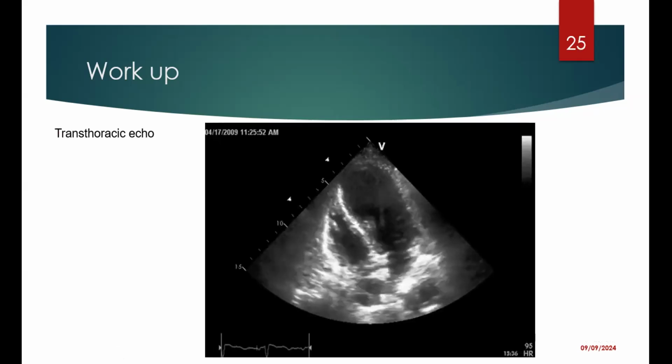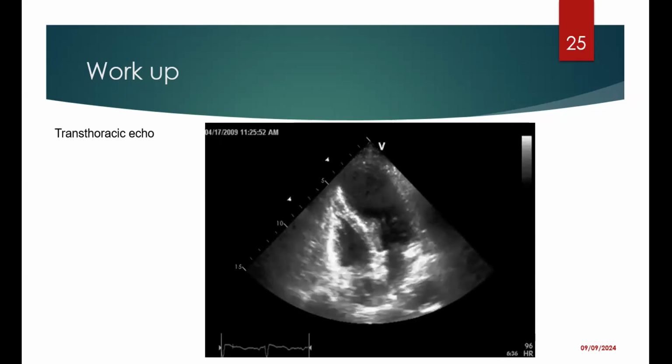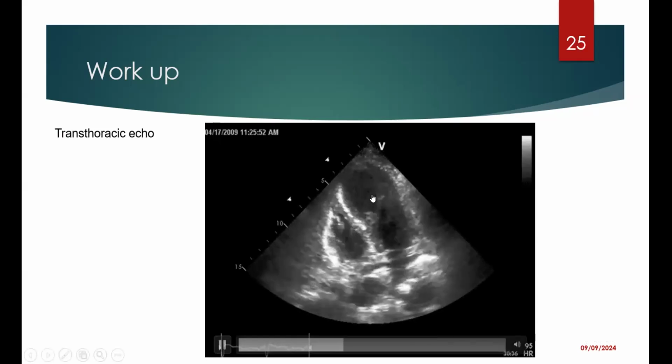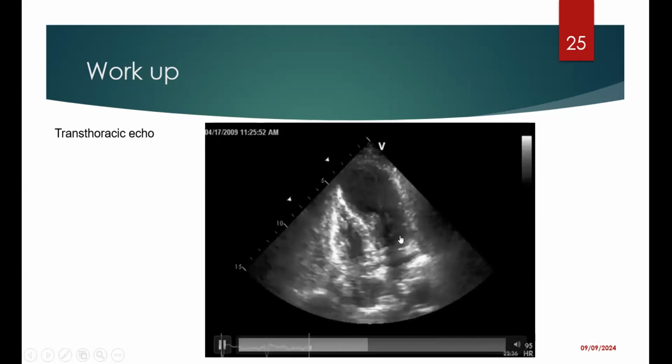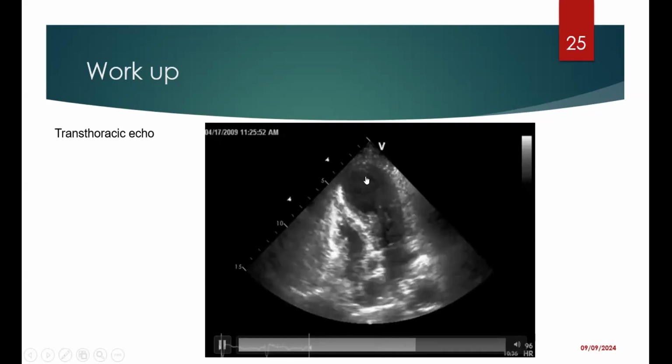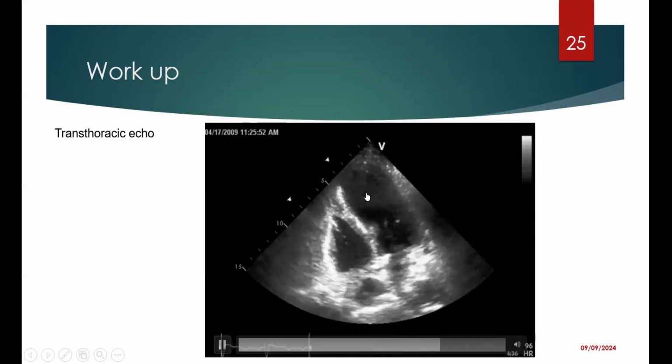These wall motion abnormalities extend beyond the distribution of any single coronary artery, as was mentioned earlier. Okay, so this is a typical echocardiogram image of Takotsubo cardiomyopathy. If you look closely at the LV, we have good contractility at the base with barely any contraction at the apex, with apical ballooning.